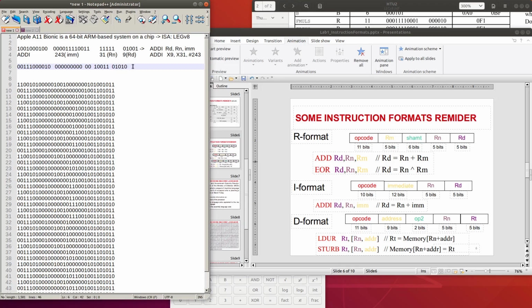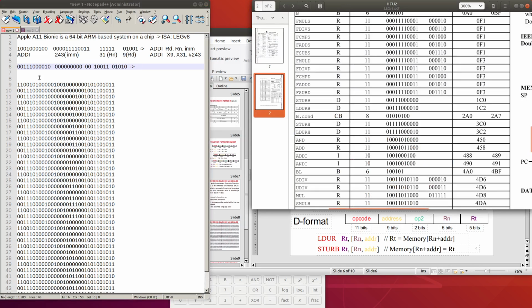And we know that this code is this opcode, for this one, LDURB.